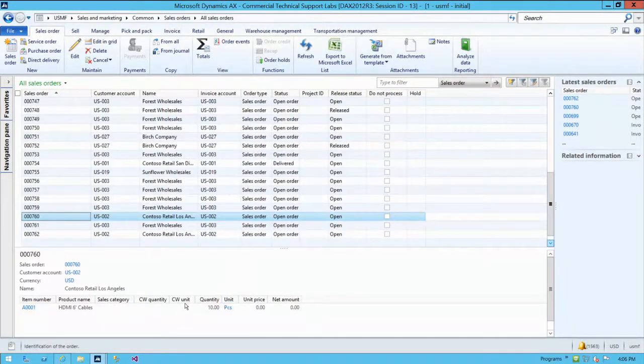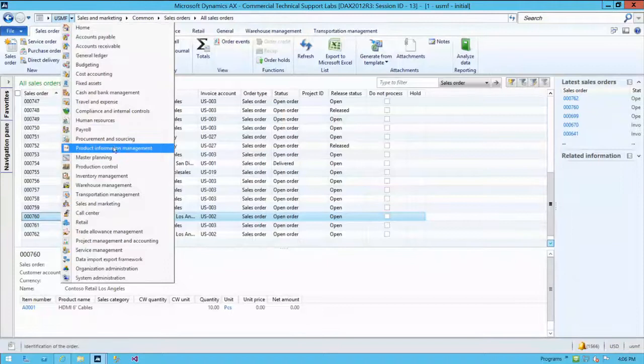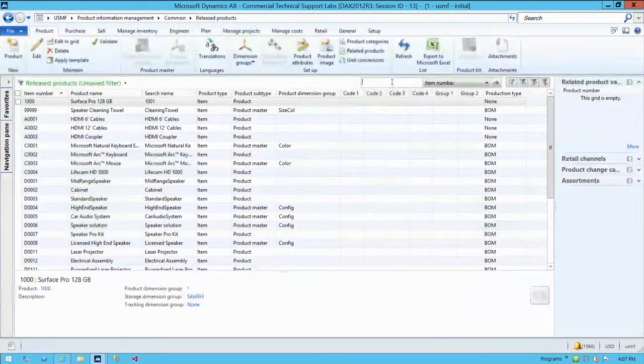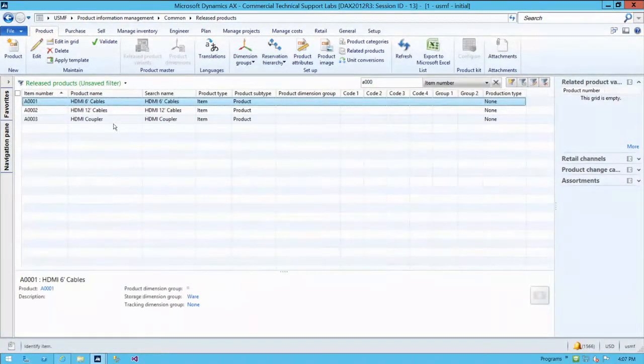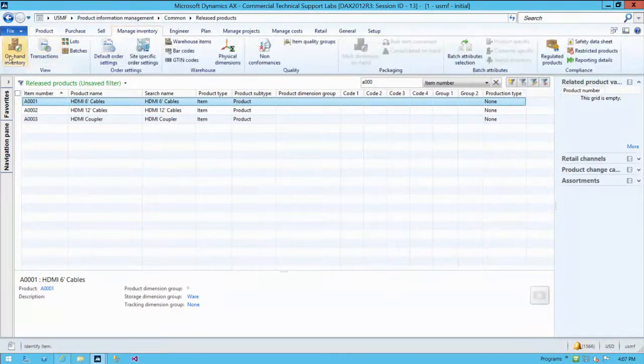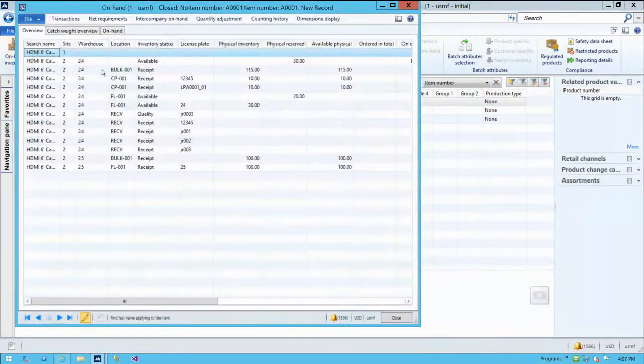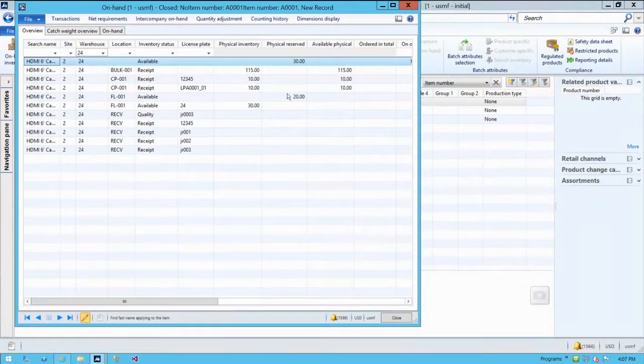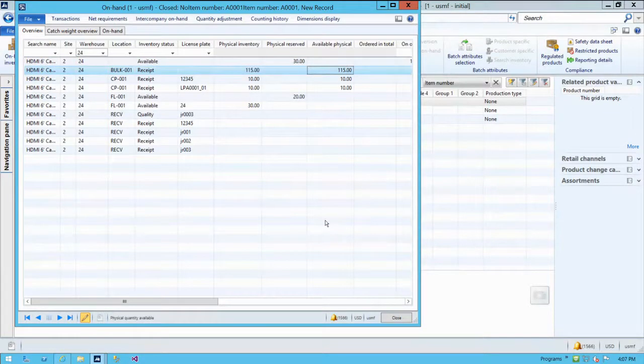Now, what we need to understand about this process is what's going to happen based on availability of inventory. So let's just go take a look at what's on hand for our items. Okay, let's look at what's on hand here. Well, we have inventory on hand and available. Well, let's take a look at the status. It's all in this receipt status, right? So